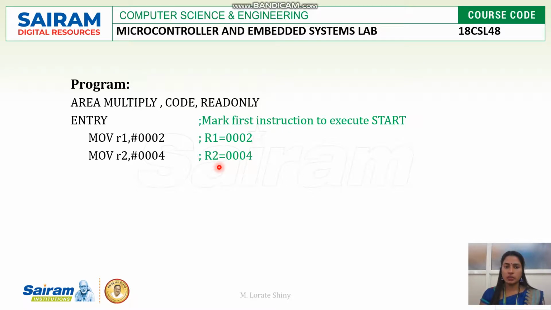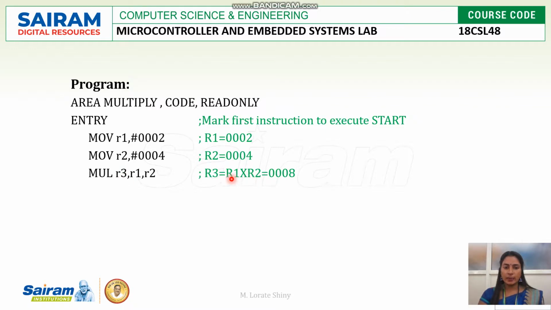I can multiply them. The instruction is MUL. In MUL, the operands are 3. So there should be 3 operands: 2 operands to hold the data and a third operand to store the result. So here I have taken 3 operands R3, R1, R2. R1 and R2 are holding data 1 and data 2. The R3 register is used to store the multiplication result. After the execution, R3 will have the result of multiplication.